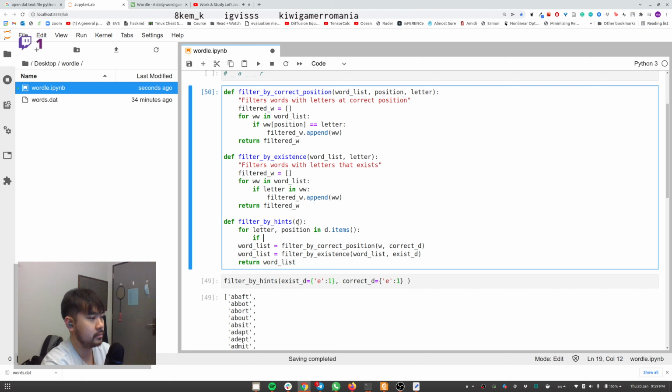So if position is more than 4, 1, 2, 3, 4, 5, more than 4,